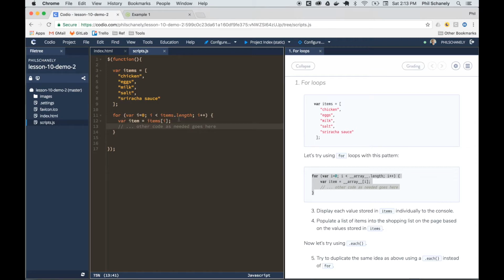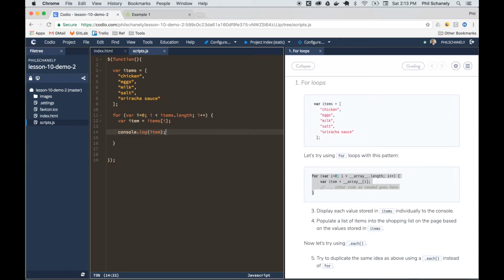So that was in the slides. Remember, we called attention to that one. We had the variable before. Same idea here. The current item is the ith item out of items here. All right, so now we're going to do some other stuff here, but let's just see that we're on the right track. So we're going to go console.log